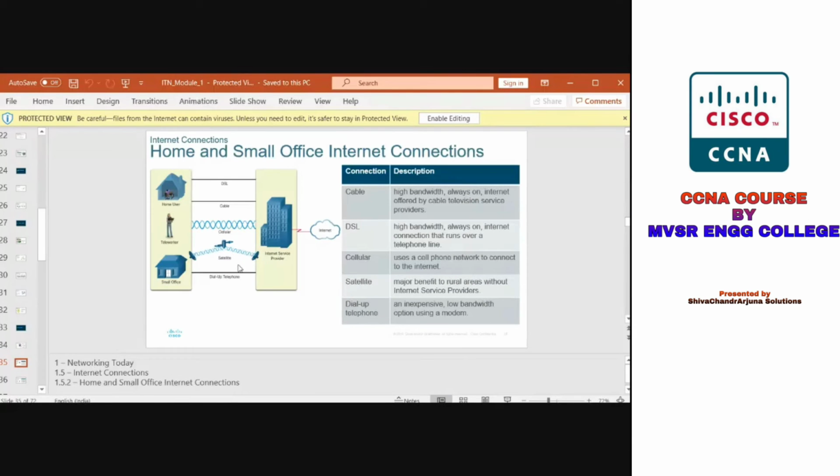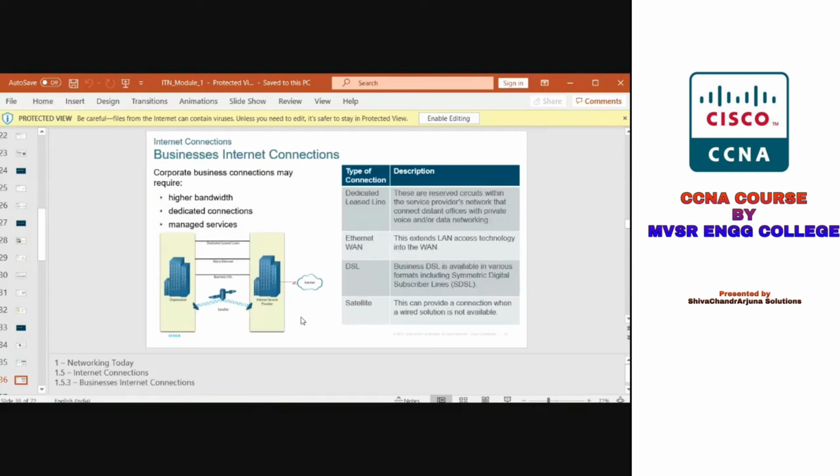So different connections you can see: it may be cable, DSL, cellular, satellite, or dial-up telephone. Previously we were using dial-up telephones with modems. And there are business internet connections, which offer higher bandwidth, dedicated connections, and managed services.